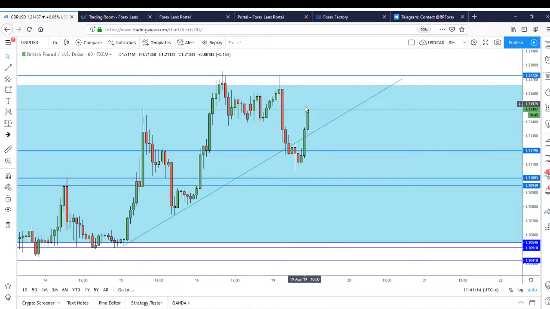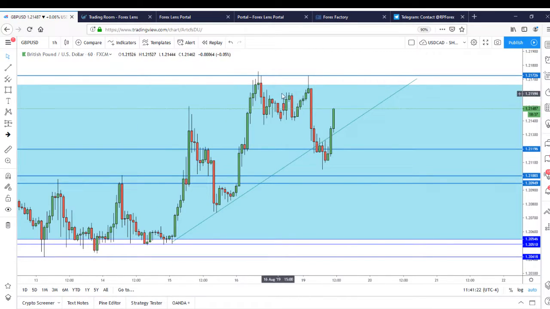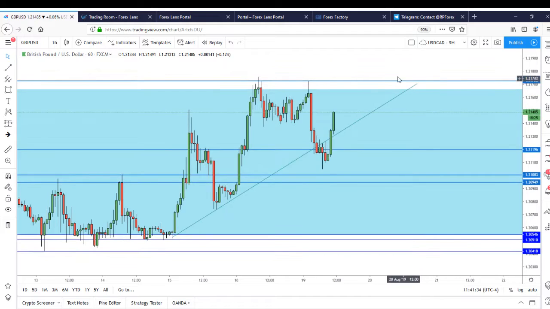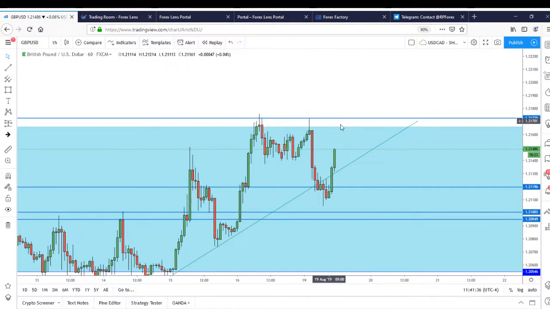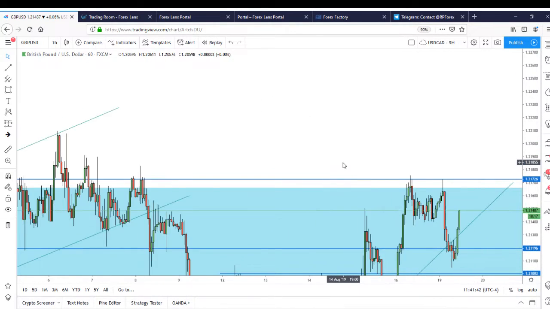a no-go. And even if we do pop back up to 1.21700, the shorts are kind of iffy just because price is kind of getting squeezed. If you look at how price is just getting squeezed up to this resistance, it's showing a lot of hesitancy to go lower, and more incentive to go higher. So we might actually be looking for buys on pound soon, and I can't believe I'm saying that, but looking